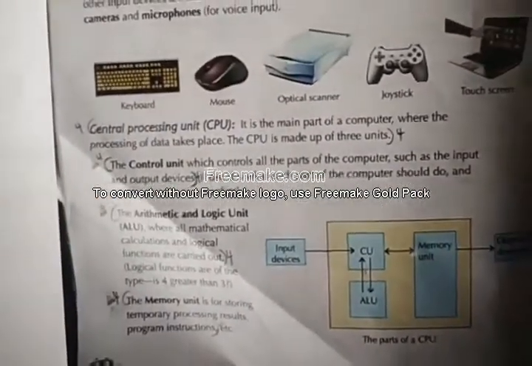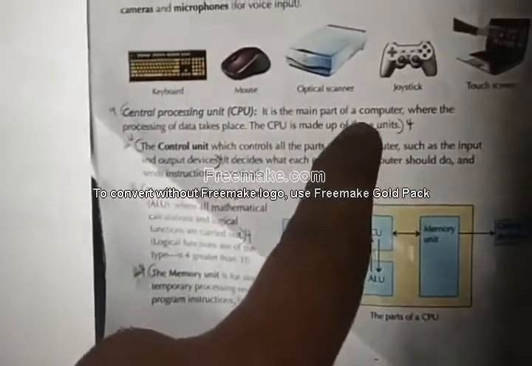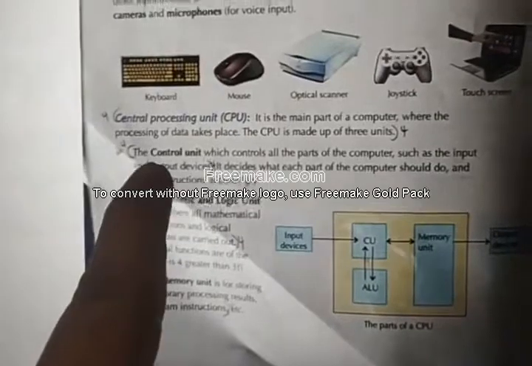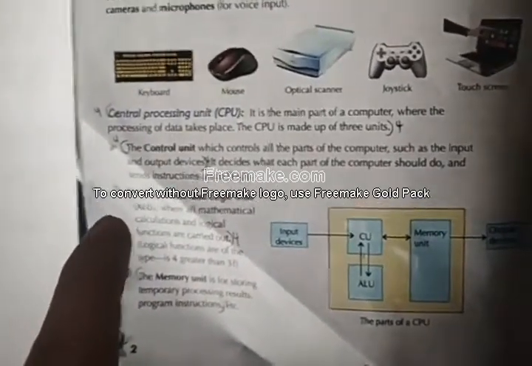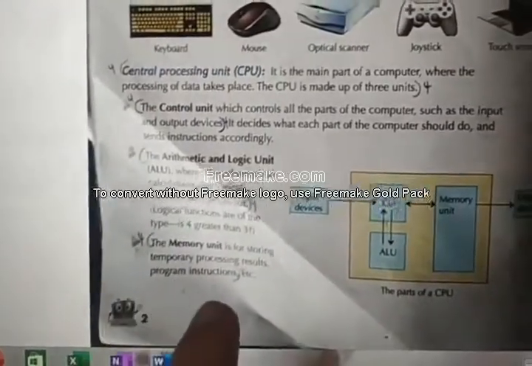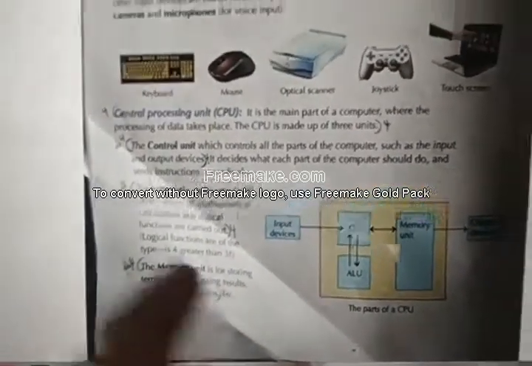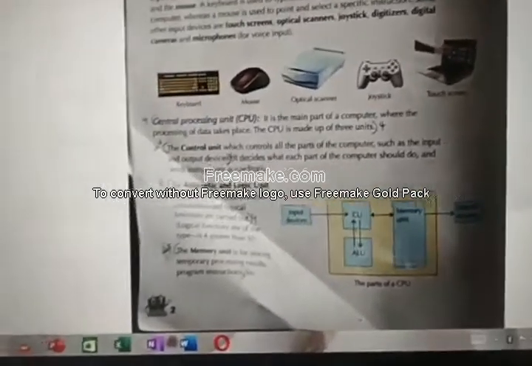Fourth question. These are the answers. From central processing unit till 3 units. Next one, from the control unit till the output devices. Next, from arithmetic logical till carried out. Next, from the memory unit till instruction. These are the things. If you are confused, stop the video, mark and go for the next question.